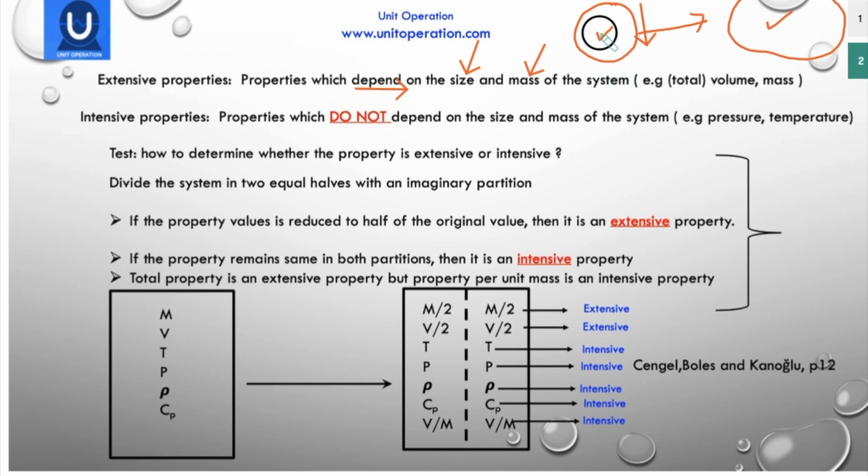But if the property remains the same when we go from a smaller size to a larger size or from a larger size to a smaller size, if the value of the property remains the same, then it is an intensive property. So intensive properties do not depend on the size and mass of the system, as for example pressure and temperature. If you have a system here, and if you measure the pressure here, if you measure the temperature here,